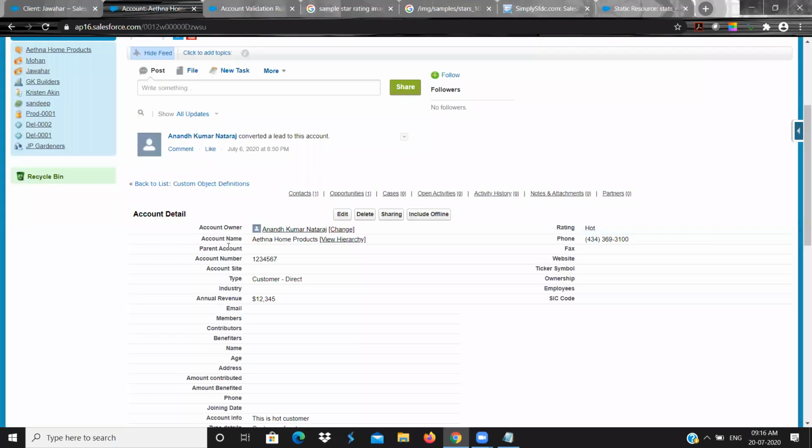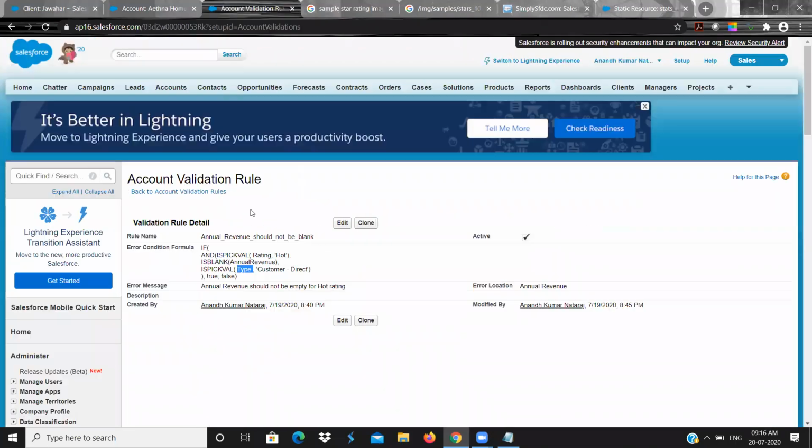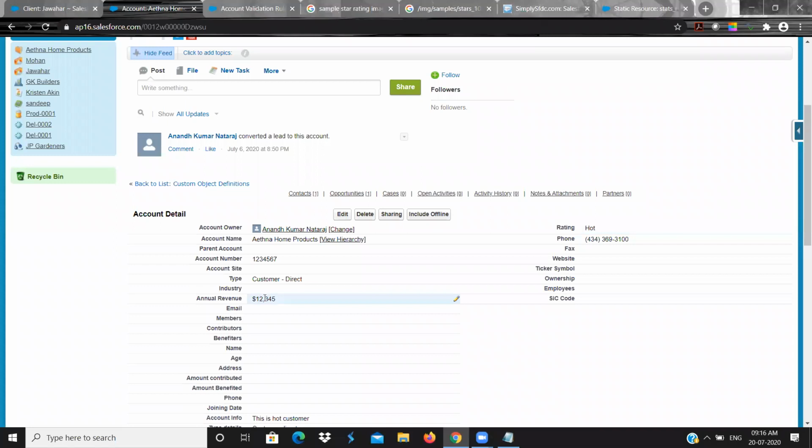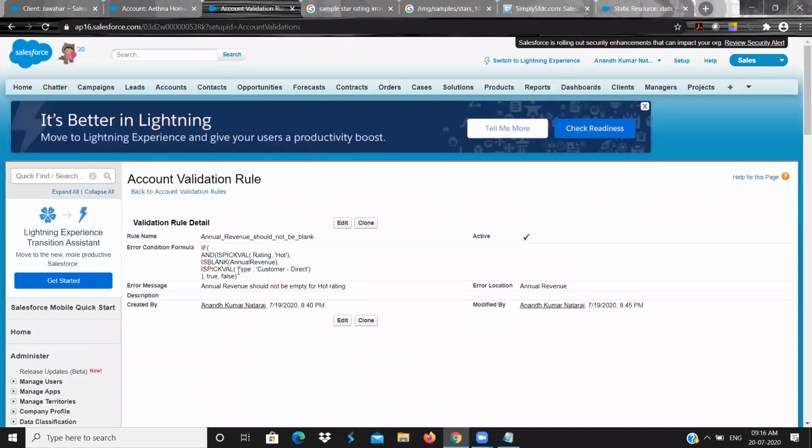It will see the type is customer direct, so two conditions are satisfied, and the annual revenue is blank. In this case we gave annual revenue some numbers, so it will not be satisfied; ISBLANK will return no, it is not blank. In AND, all the conditions should be satisfied, so one condition is not satisfied. In that case it will return false. If it returns false, it will not throw an error. It will allow saving the record.